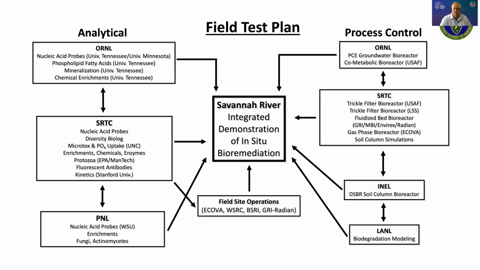SRTC had trickle filter bioreactors from the Air Force and from other agencies, and fluidized bed from Gas Research Institute, Michigan Biotech, Virex and Radian, and gas phase bioreactors with Ecova and soil column simulations. INEL had a soil column bioreactor that they operated with us,